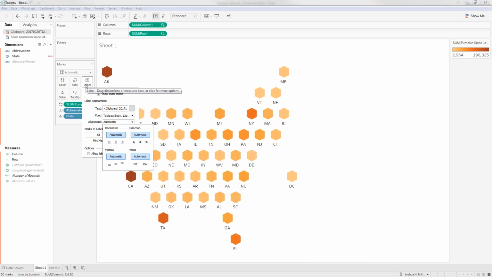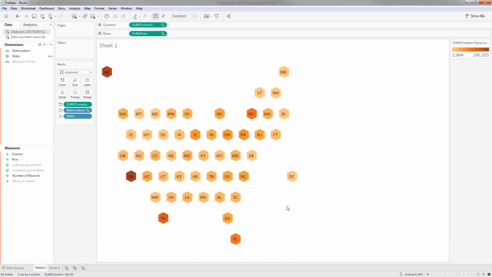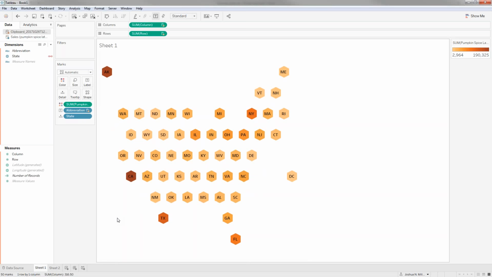So clicking on label there brings up a nice menu, and I have an alignment. I can put it in the center and the middle, and I'll make sure to check allow labels to overlap other marks, because I do actually want it to overlap the hex shape, and it might start to think that it can't do that. But that's no problem if it does that. I might adjust a few other things here, maybe change the font, make it bold, change the color if needed. Lots of different options. But now I have a nice hex map, and now if I go put that on a dashboard,